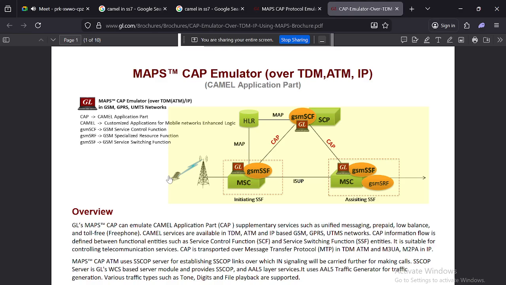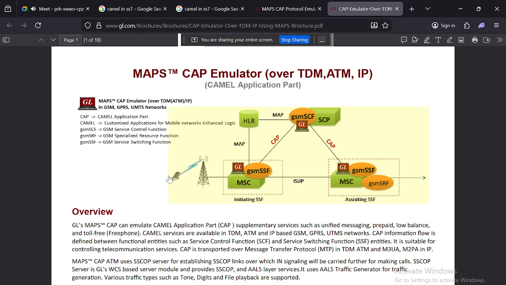Like if you have recharged $100 and the credit runs out, CAMEL, as a customized application for mobile network enhanced logic, will automatically inform you as a SIM subscriber.